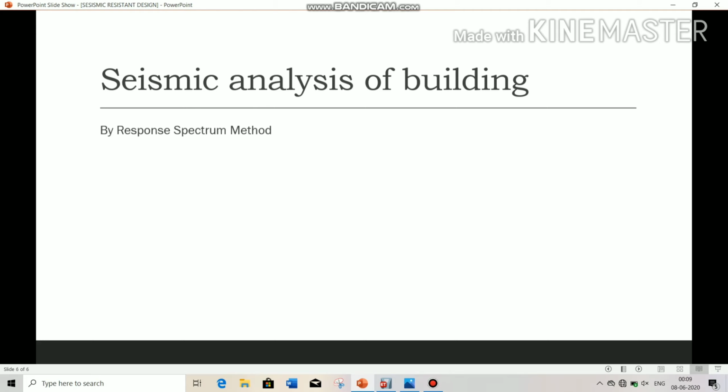Seismic analysis of building. Now I am going to do seismic analysis of a building by the response spectrum method. Now open the ETABS software.